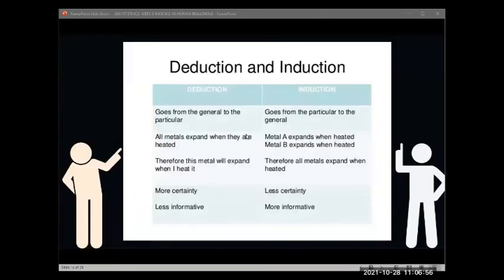Let us take a look at the comparison between deductive and inductive reasoning. Deductive goes from the general to the particular. Inductive goes from the particular to the general. For example, all metals expand when they are heated. This is the general idea. Next, the conclusion: therefore, this metal will expand when heated, when I heat it. In inductive, they use specific examples. Metal A expands when heated, metal B expands when heated. Therefore, the conclusion is